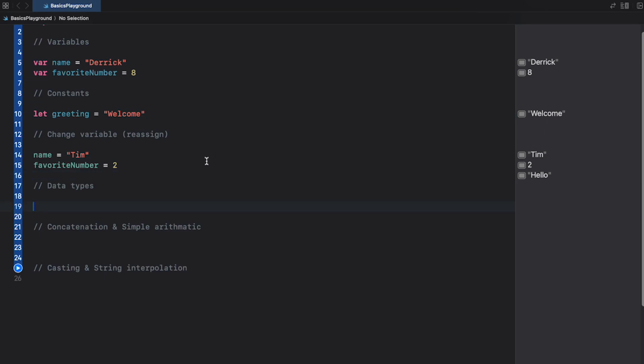All right, so moving on to data types, I want to cover 4 basic types in Swift. 2 of which we've already seen. Those are strings and integers. We can even see that if we hold down Option on our keyboard and click on the variable name, we can see that name is a string. And if we do the same for favorite number, we can see that favorite number is an int or an